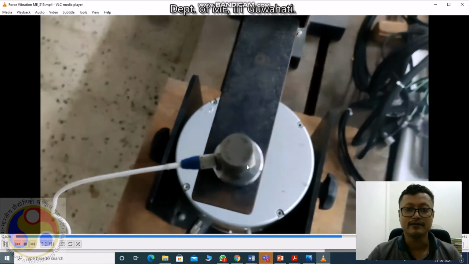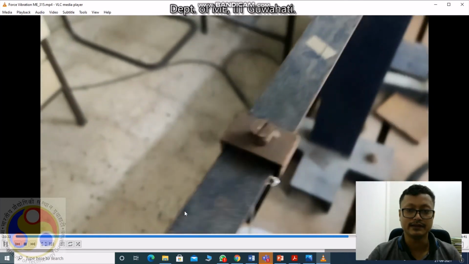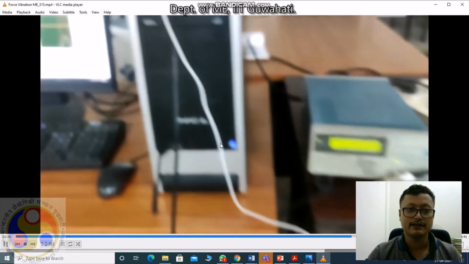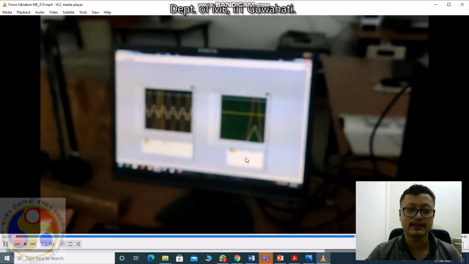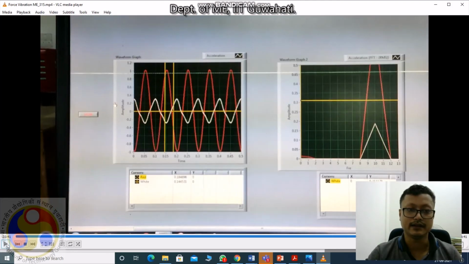Last time we gave the initial vibration by hand, or you can also give it by hammer. This time we are giving it from the exciter, and whatever value you get, you see in this graph. These are the two graphs you can get: acceleration data, and this sine from the signal generator.